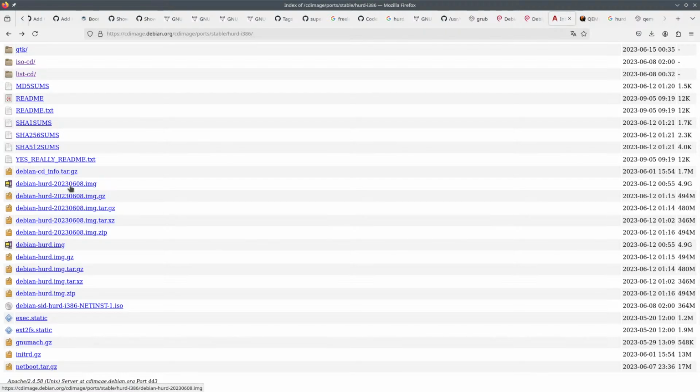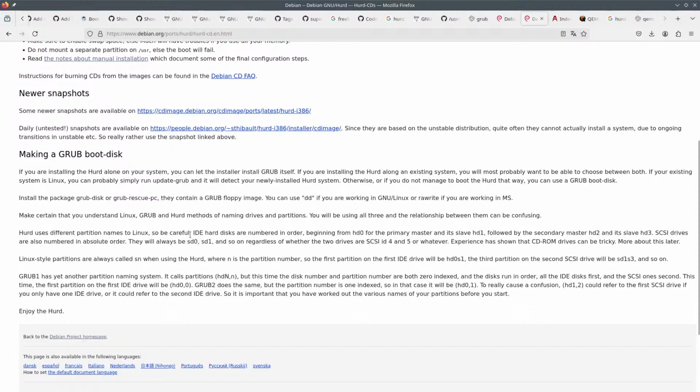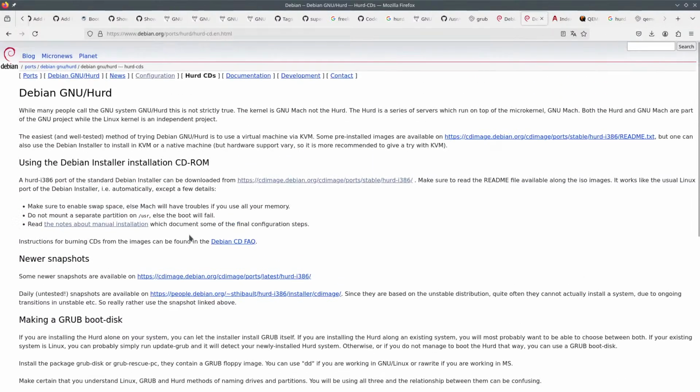And the other thing that you have is this image, which is a GNU hard disk, which is already installed, but I guess that it doesn't have any installation.